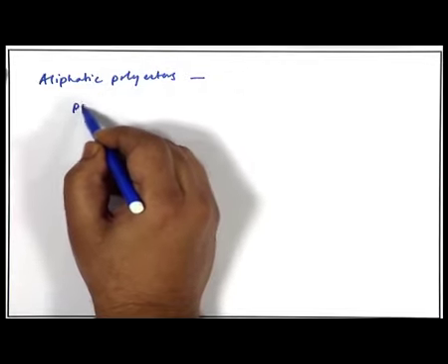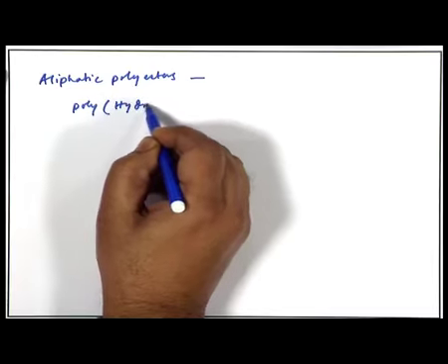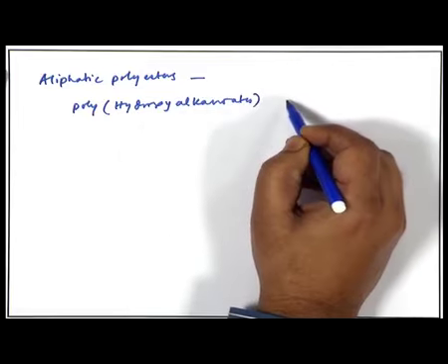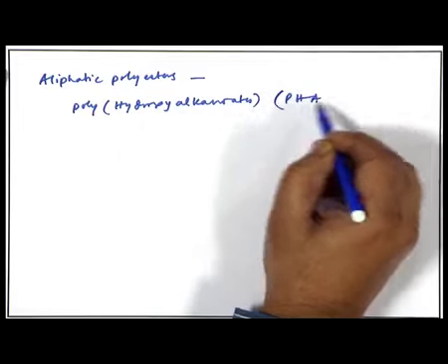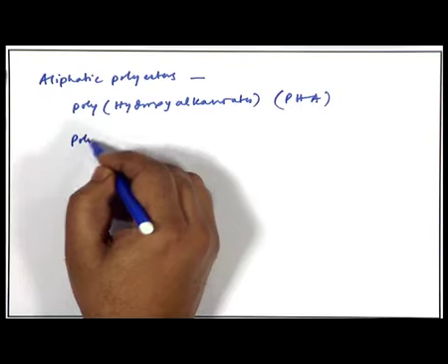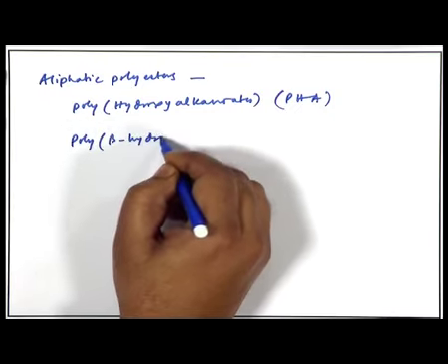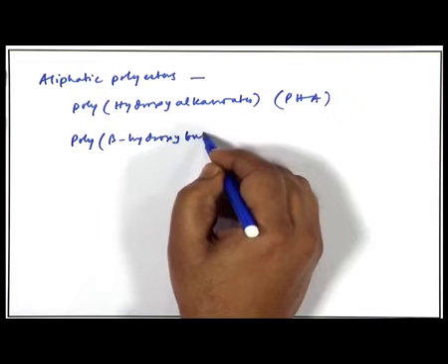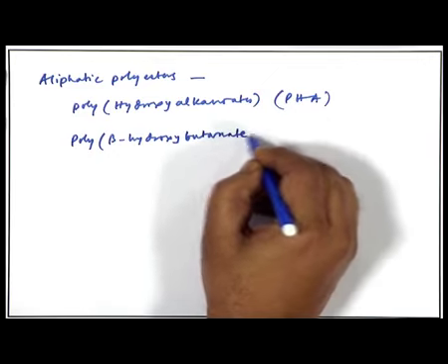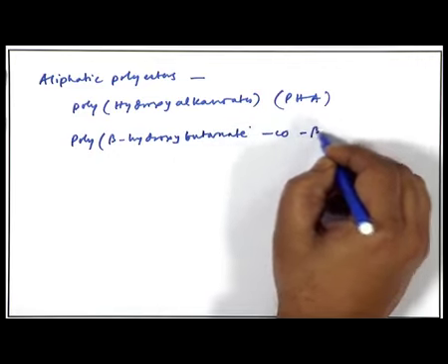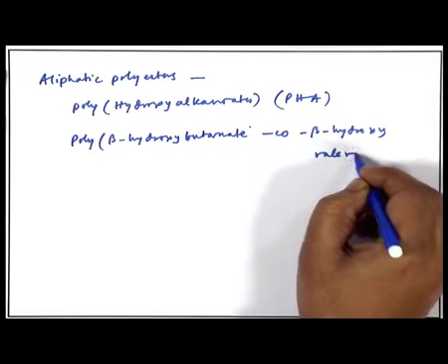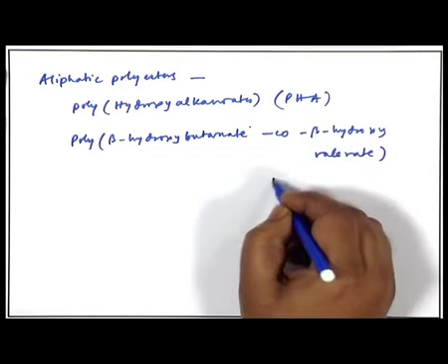An example would be polyhydroxyalkanoates, or PHA in short, and an example is poly beta hydroxybutyrate-co-beta hydroxyvalerate. In short, it is called